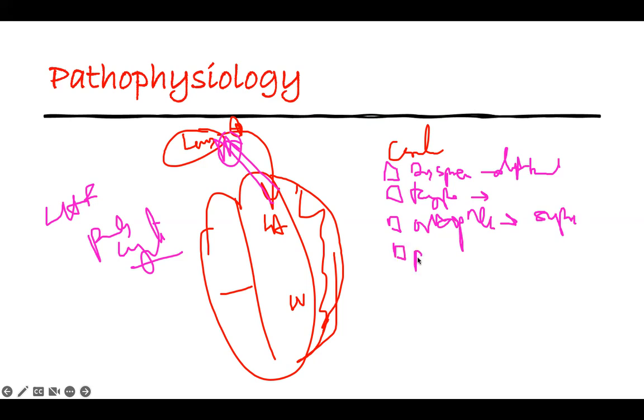Then there's something we call PND, paroxysmal nocturnal dyspnea. They'll be sleeping and all of a sudden they wake up with shortness of breath. You see, all of this is lung symptoms. We don't talk about any systemic symptoms; it is pulmonary congestion. So they have dyspnea, difficulty breathing, tachypnea, breathing fast, orthopnea, they cannot lay flat, and PND, paroxysmal nocturnal dyspnea. They are asleep and they wake up with